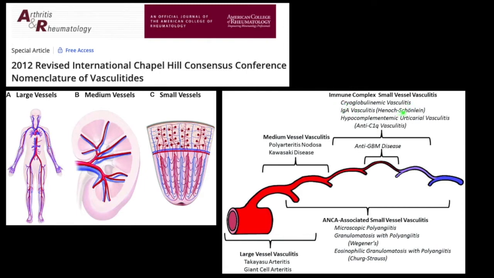IgA vasculitis, the one we already talked about, Henoch-Schönlein, hypocomplementemic urticarial vasculitis, anti-C1q vasculitis, and anti-GBM disease. With ANCA-associated small vessel vasculitis, we see microscopic polyangiitis, granulomatosis with polyangiitis or Wegener, eosinophilic granulomatosis with polyangiitis, Churg-Strauss